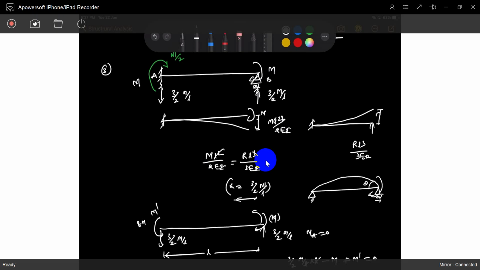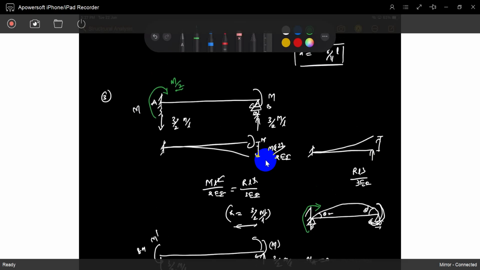If you apply a moment like this, how can it deflect? It will deflect like this, theta 1, theta 2. If you provide a fixity here, the fixed moment generated at the support will nullify the slope. So how will it develop? It will develop in this direction only, by looking. If you get a positive or negative, just imagine or feel, you get a good answer. If you don't have any ability or aptitude, you just mug up positive, negative, value, formula, and you get struck somewhere. So that is the meaning.